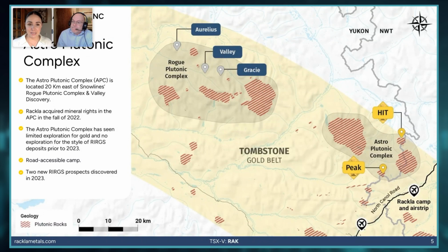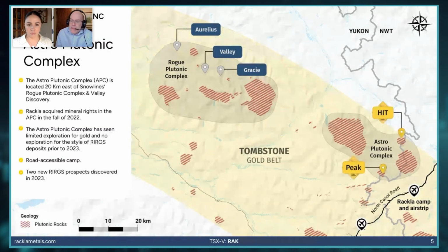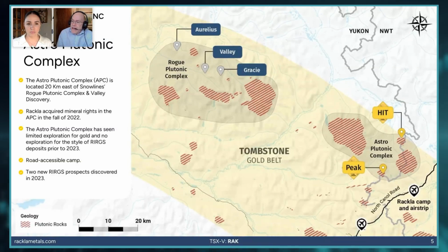You made your first RIRGS discovery at that HIT target, but you also did some extensive work at the Kelvin Stock, 11 kilometers to the south. Could you walk us through that campaign? Yeah, absolutely. So HIT and Peak are both within the Astro Plutonic Complex, as I mentioned. They're both in the Yukon. Our campaign last year